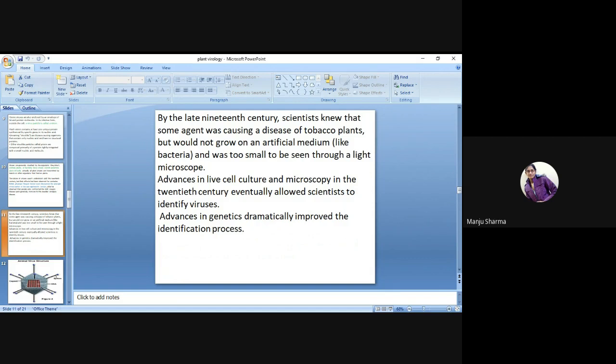to identify viruses. Then, advances in genetics dramatically improved the